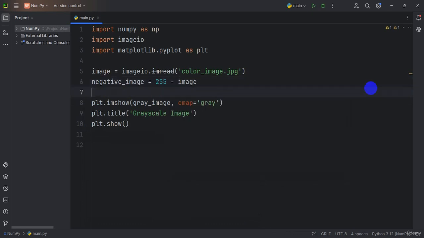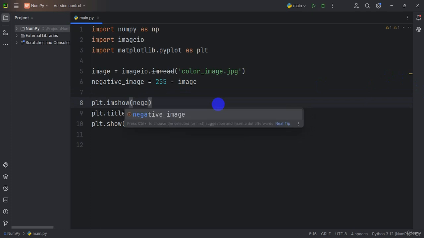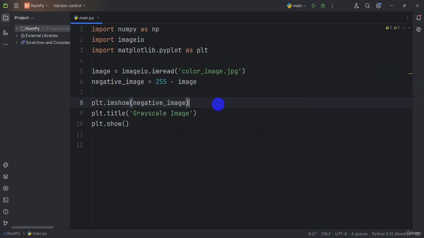Okay, and what I'm displaying here is the negative image. So just remove this, and first of all here I apply this negative image. So this is perfect. And now I'm going to change this title, and here I apply the title name called